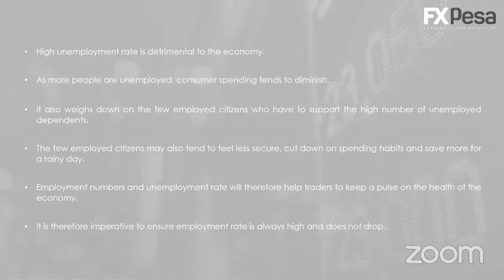So any government would want to be in a position where it's able to incentivize various sectors in the economy to create more opportunities. When there is a high unemployment rate, as is the case in Kenya,